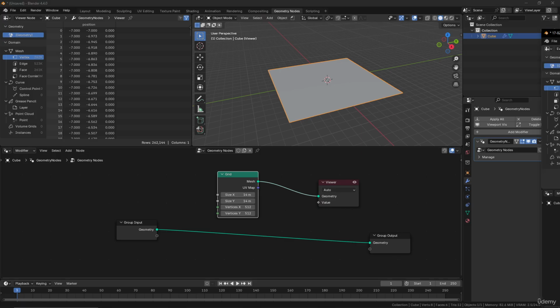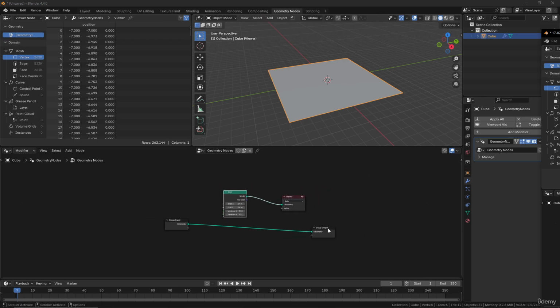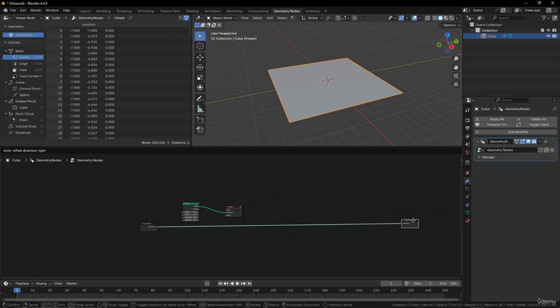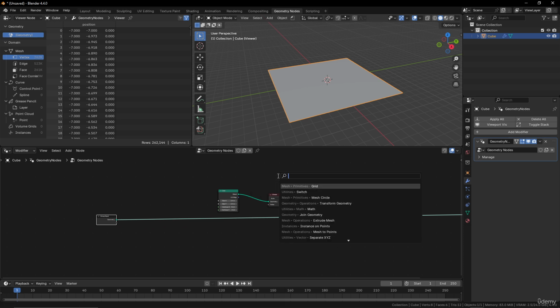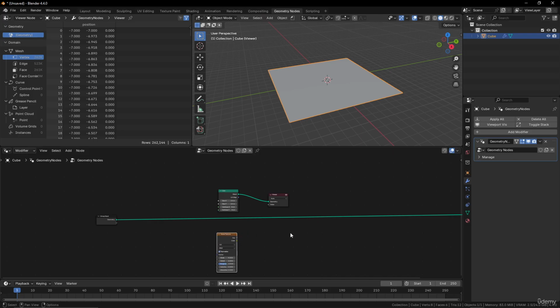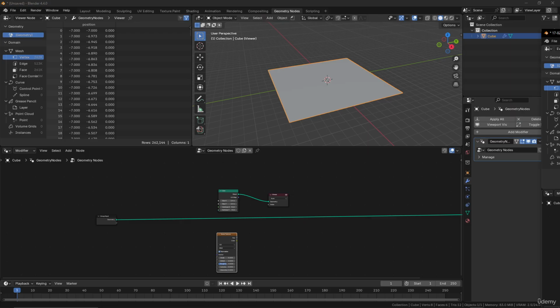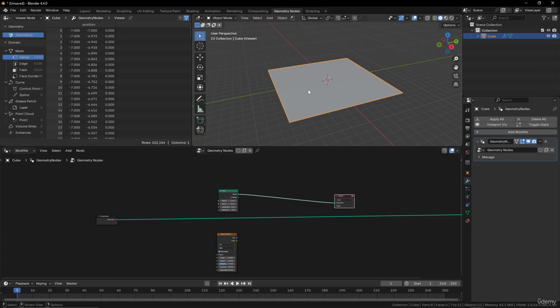Good. So the next one that we will use is a noise texture. So let's go for a noise texture. We will keep the group output here and the group input here if needed. For the noise texture, let's add, because you can add some textures as well, you have a noise texture here. And what we want to do with this noise texture is change here the position of the object. Okay. And we want to do that only into the z-axis, because we don't want to make it into the